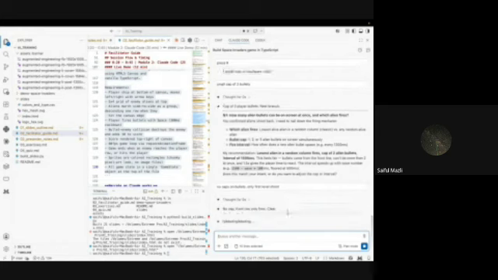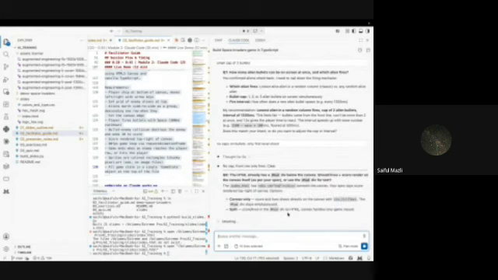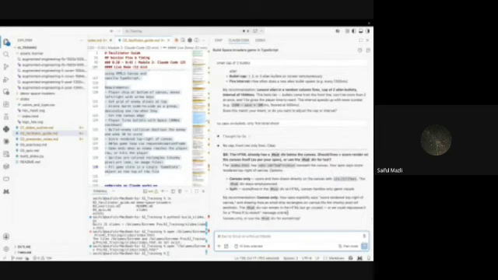Basically, the grill me skill, what I'm showing you just now, is not built into the model itself. You can actually tell the model, ask me clarifying questions until you understand it 95% and all these things. But that's basically what this grill me skill is doing. Now, this grill me skill was written by this guy called Matt Pocock, and he's actually very, very good.